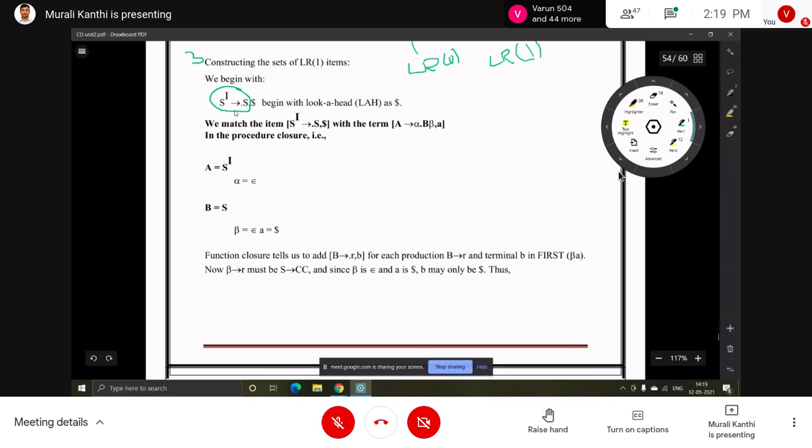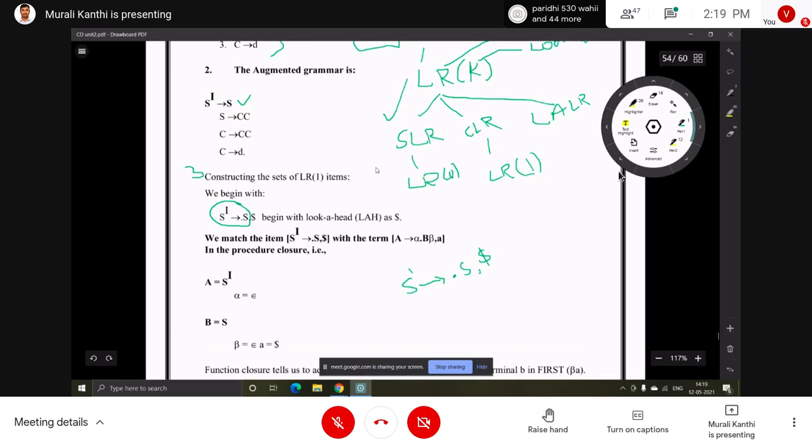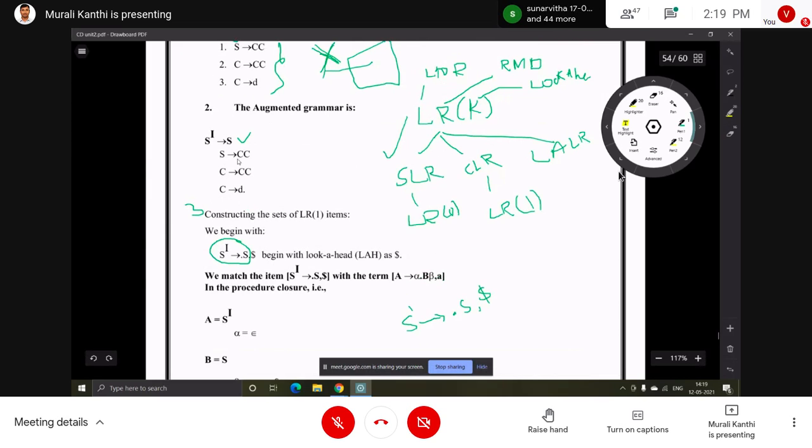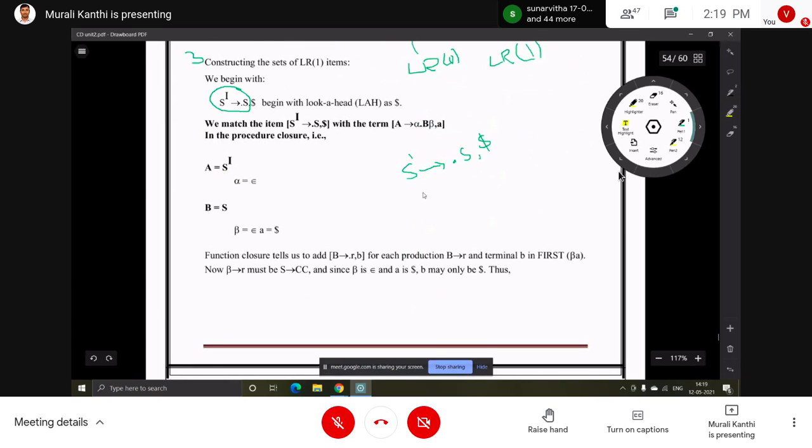So S' implies .S, comma, dollar: this is the extra thing, the lookahead symbol added along with it. After that, S is there, so yes, add the S productions. What is that? The S1 production is there, S implies .C.